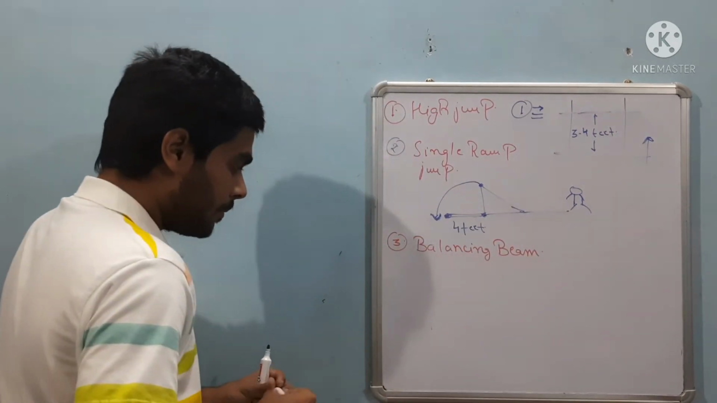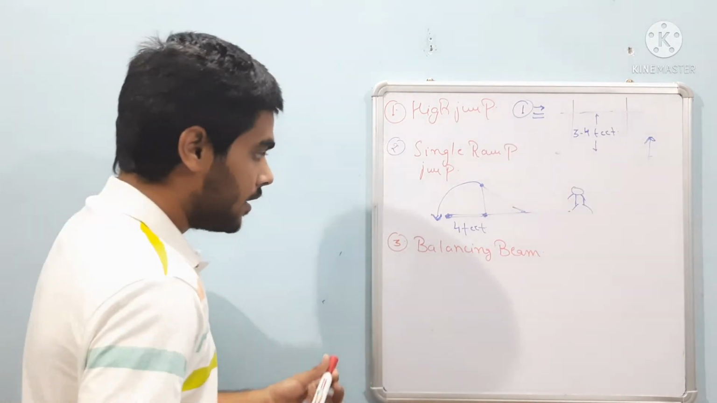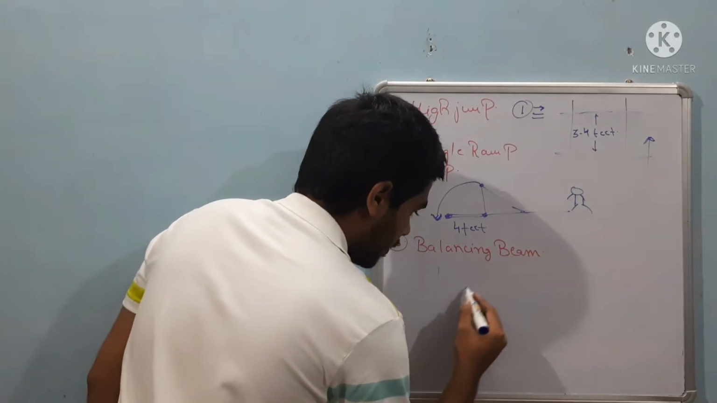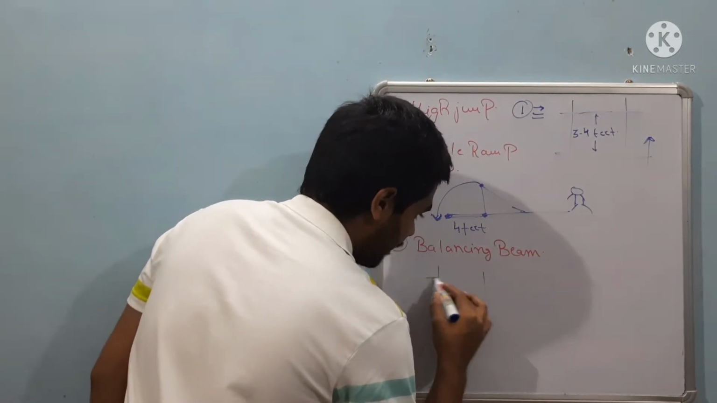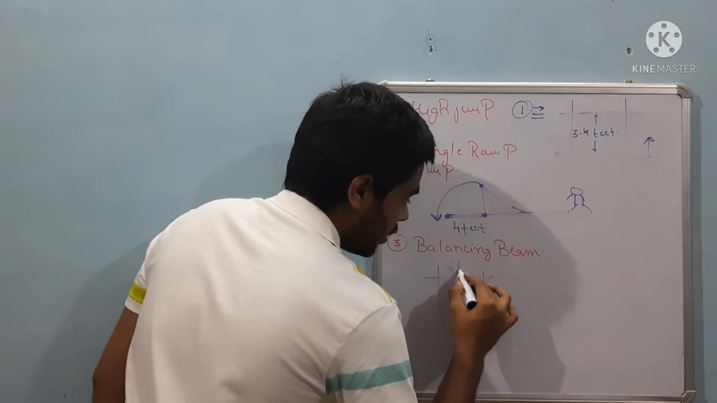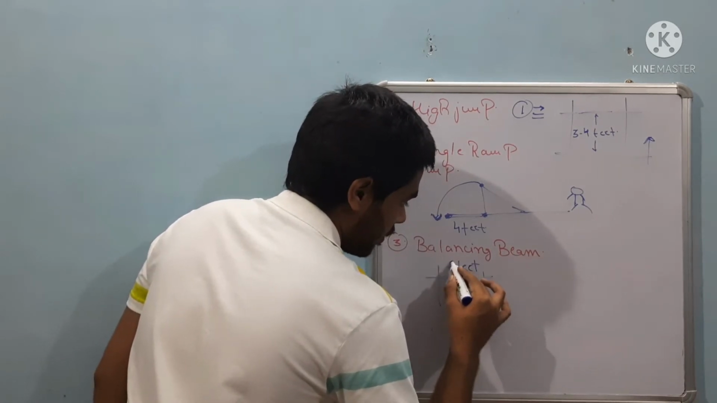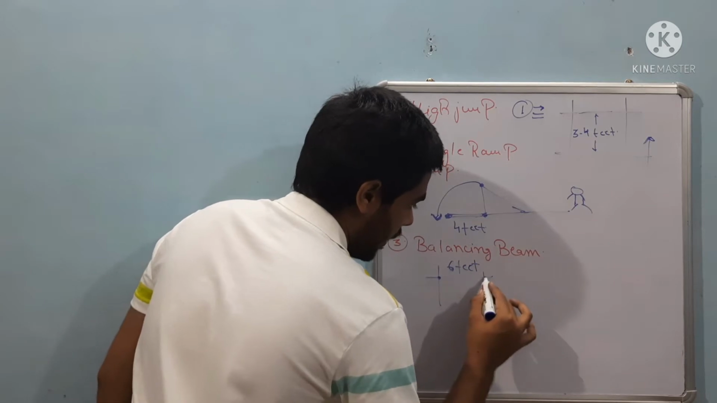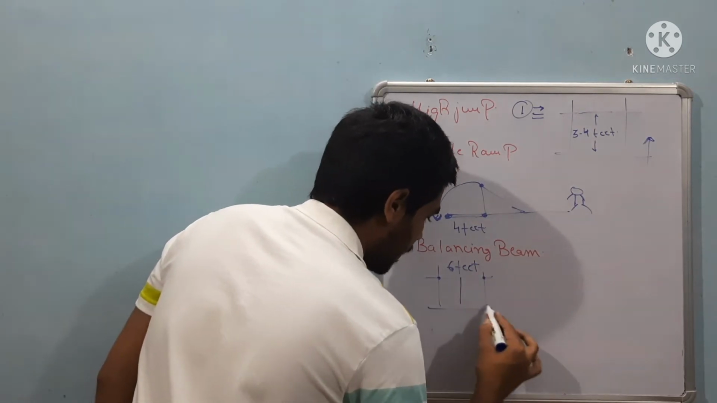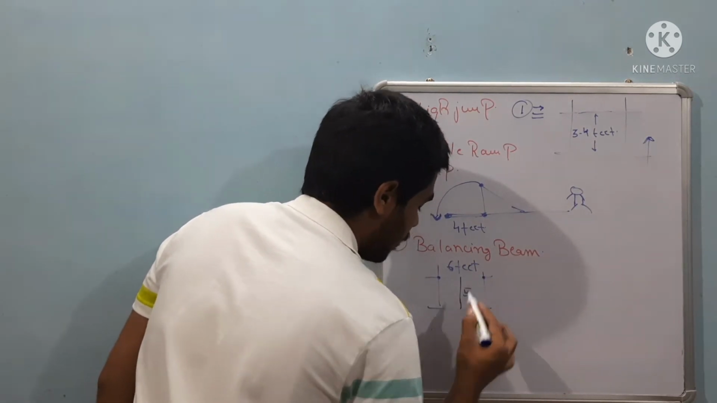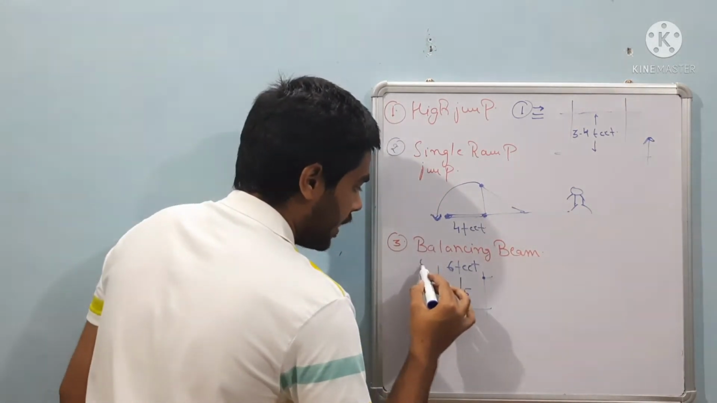So in balancing beam, you have to balance your body in such a way that you cross it. So this is a pole, and this will be the distance. This distance is about 6 feet, that is from here to here, and the height from the ground is 5 feet. So you will be standing here